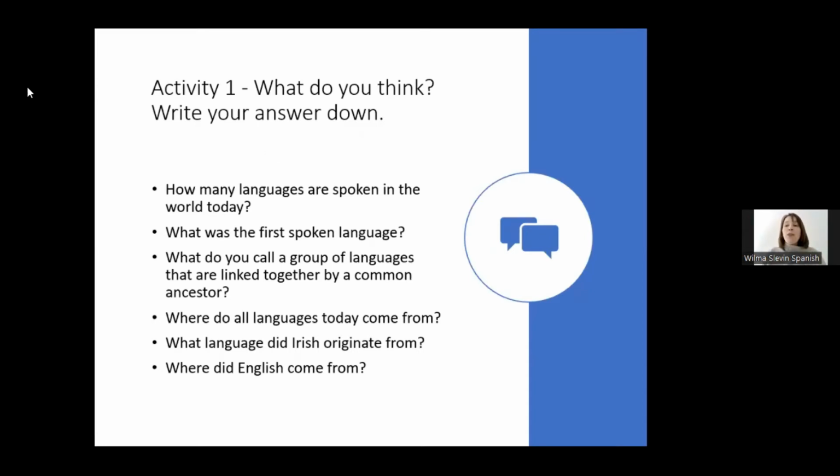So with the lessons, all of them, you want to get the students talking. You want to get them interested in language. You want to get them involved. So it's not you standing up at the top of the desk or whatever and teaching, or just standing there lecturing on this.